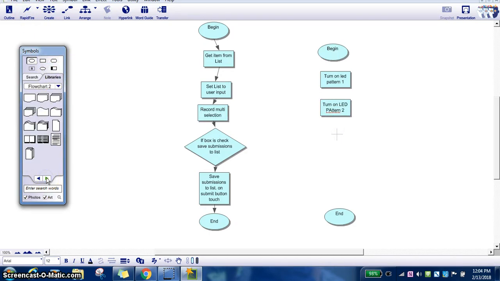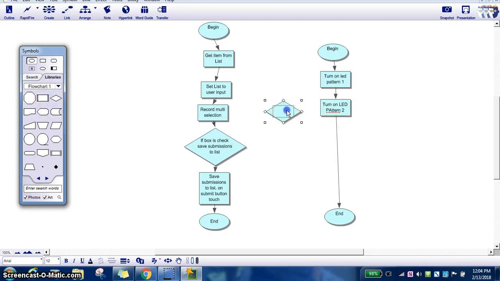So again, you're going to go over to here. You're going to find your linking, or you can just stay right in the same frame here. So once again, I like to stay in the frame here, and you're going to start linking these together. And you notice it there, there, and then there. That's a very simple algorithm. Now, if we wanted to add in there some decisions, we can do that by just simply going right here. And I'm going to delete this. I'm going to say if shaken,